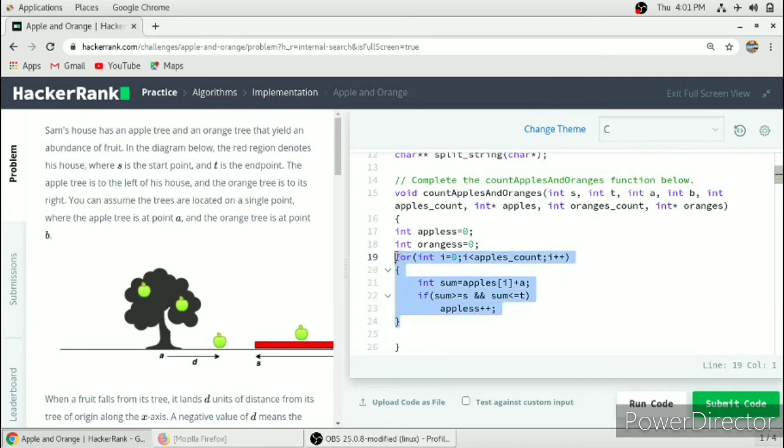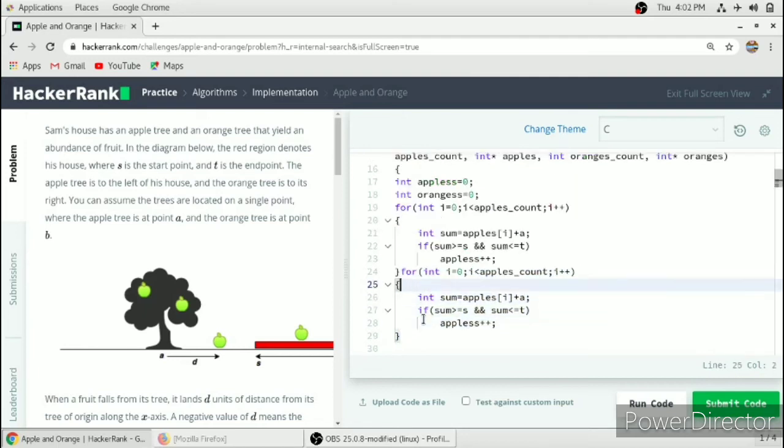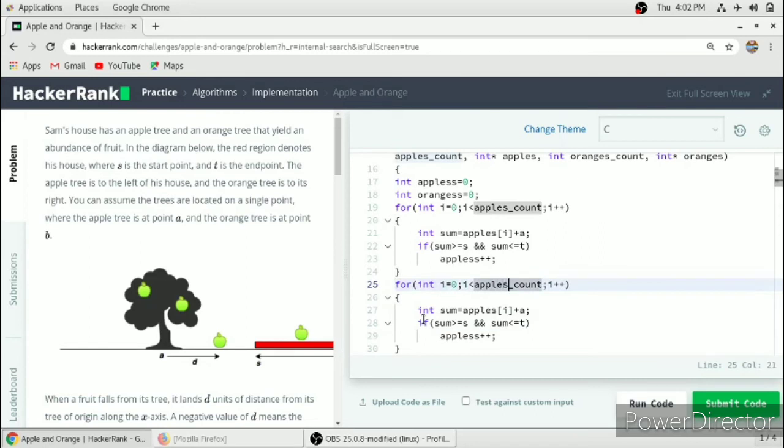We will run the same loop. We will just copy and paste it. We will need another loop to count the oranges. So it will also start from i equal to 0 and it will run till the oranges count.